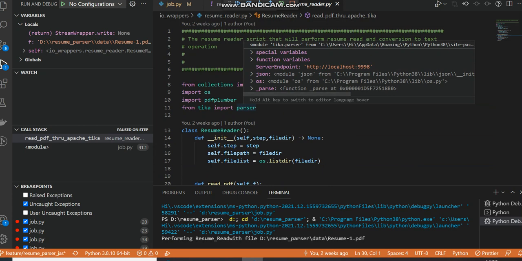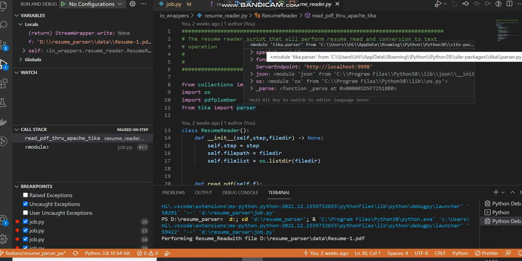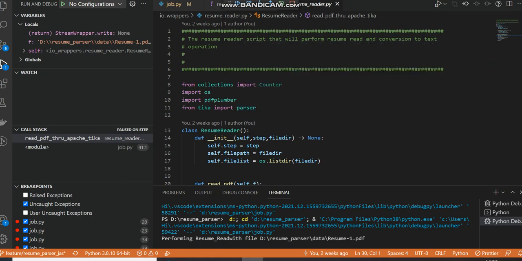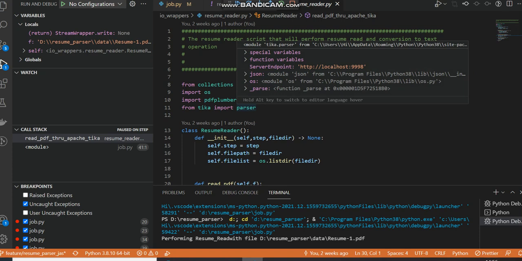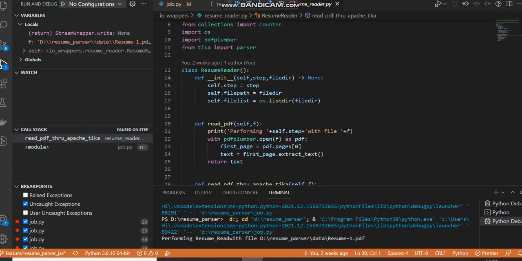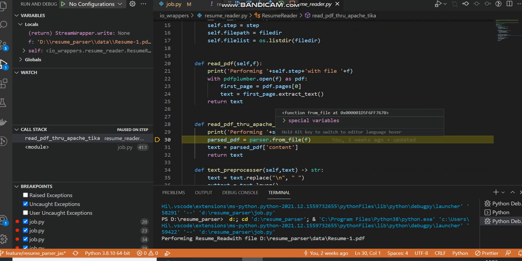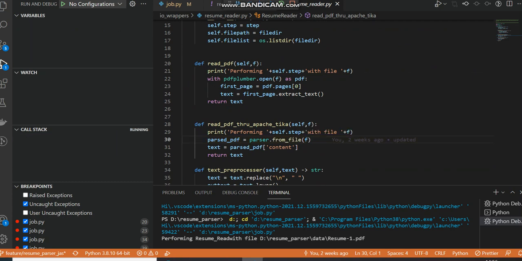It's a module tika.parser from this particular module over here, as you can see. So we are using this parser from the Tika module, and this is what is calling the method, the function from file. So we are passing the file path over here, and it is generating the text parse PDF,